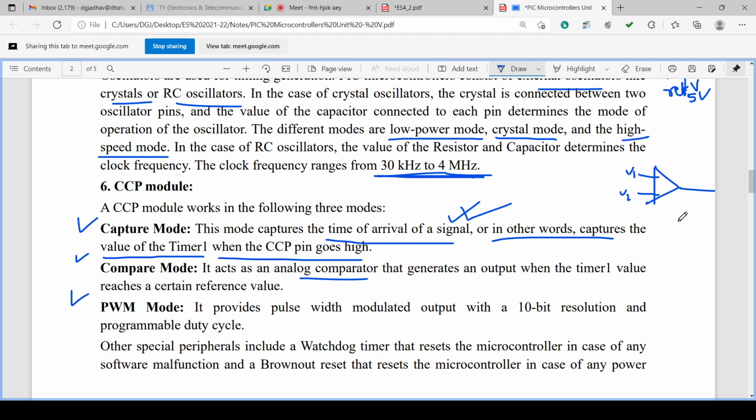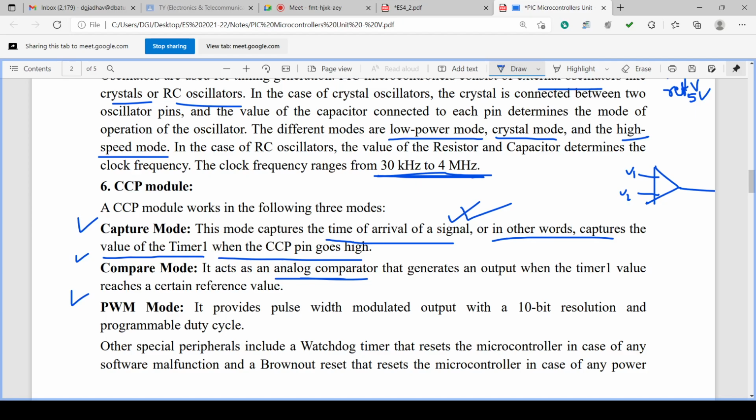Or both dissimilar, both similar. So compare mode generates an output when the timer 1 value reaches a certain reference value. That is compare mode.